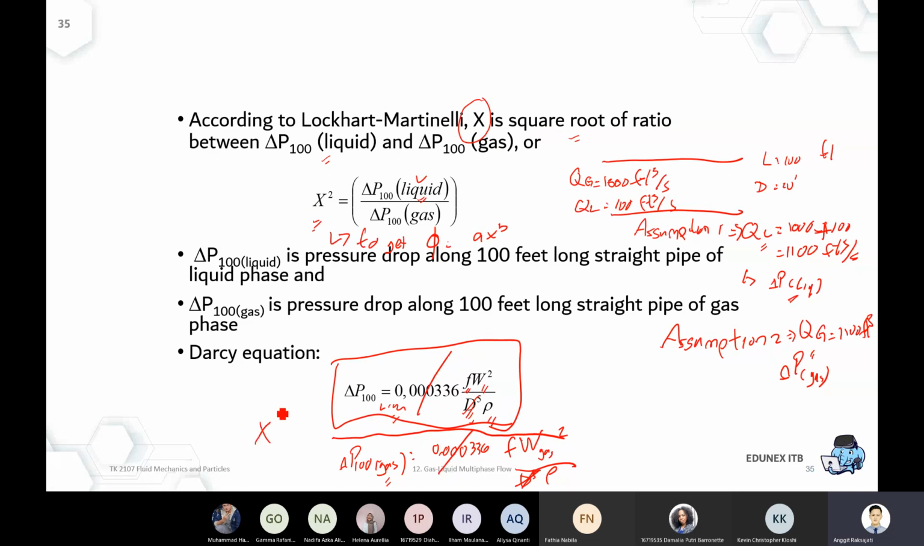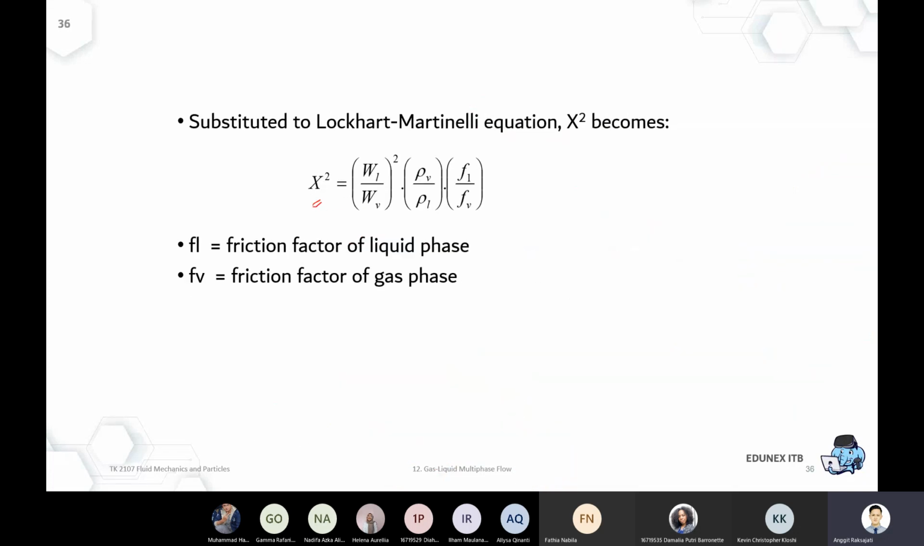So that's x squared, right? X squared is delta P liquid per delta P gas. We neglect the same diameter, we neglect the same constant, then we end up with this correlation: the ratio of the square of the mass rate and then the density, because it's completely different between a vapor and a liquid, per the